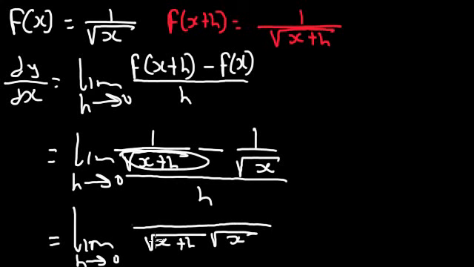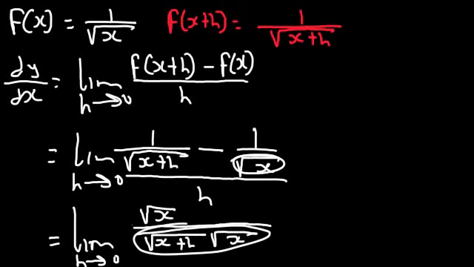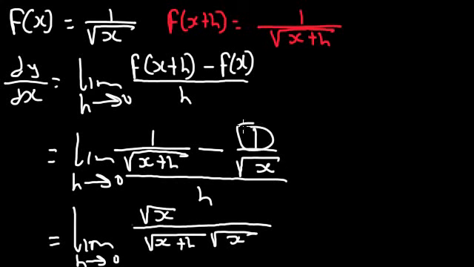So root of x plus h in this entire expression, we are left with root of x. If we multiply by 1, then we have root of x. And root of x in this whole expression gives root of x plus h. If we multiply by 1, we are left with negative root of x plus h. And we still have it all divided by h